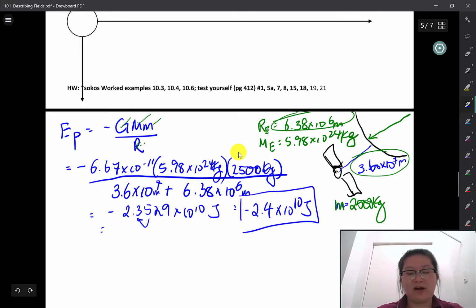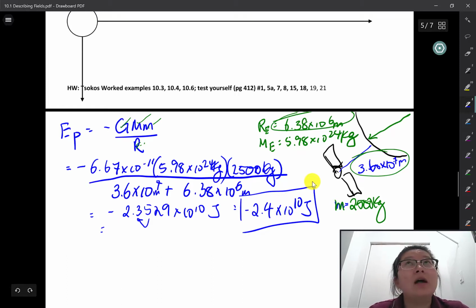So there you go. There's the gravitational potential energy of the satellite. You might be thinking, why the negative sign? The negative sign is basically to set the reference point. In all of the calculations you've done before, we've essentially assumed that the surface of the Earth has a reference point of 0, in which we compare all of our